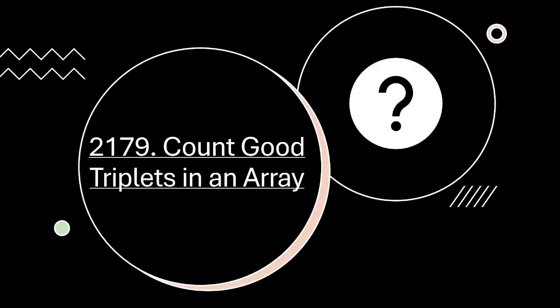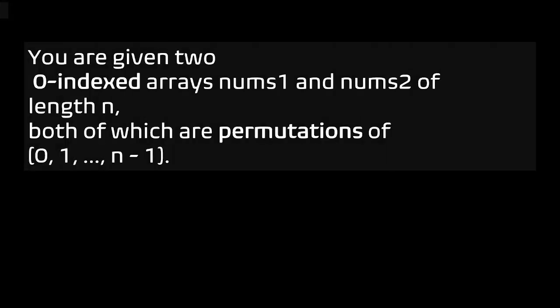Count good triplets in an array. You are given two zero-indexed arrays, nums1 and nums2 of length n, both of which are permutations of 0, 1,